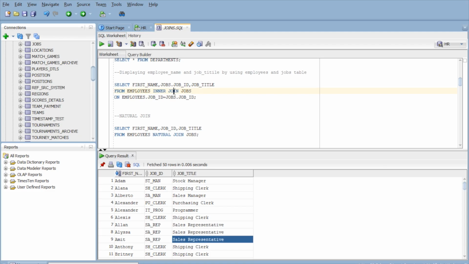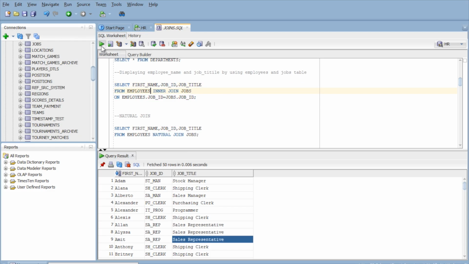Okay, this is the inner join. The matched records between the employee table and the jobs table alone will get displayed. Suppose here I'm just removing this jobs prefix. I have not given any table prefix here. Here I didn't mention any table prefix, but here also I didn't mention the table prefix, so now